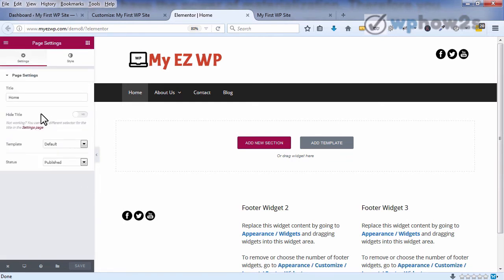Page settings, this is the title of our page, which we are hiding right now, and it says hide title. We're using the WordPress theme, so that's what we're using to hide or show our titles. So I think it probably overrides this right here with the Elementor, but this would probably be helpful if you're not using the WordPress theme. The template default,